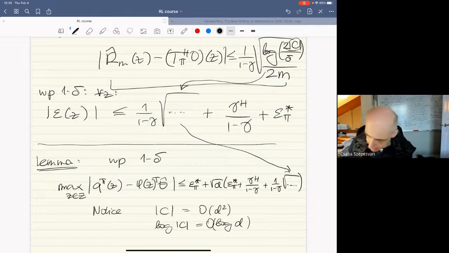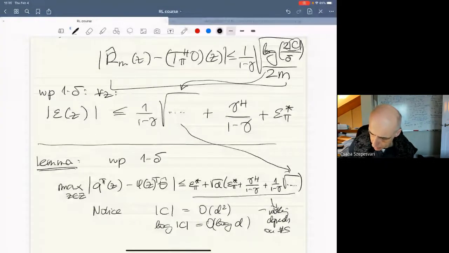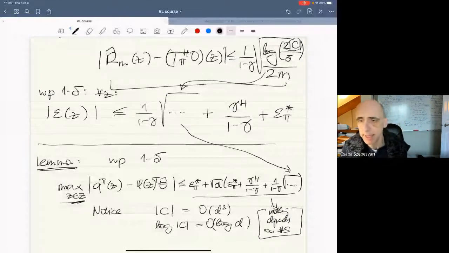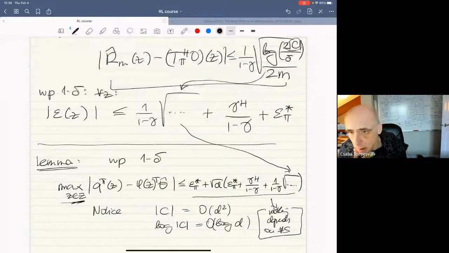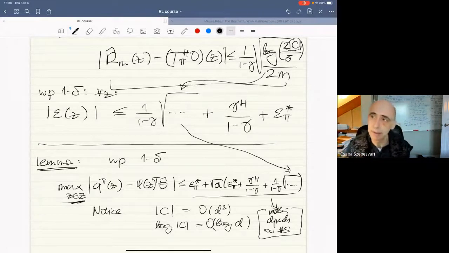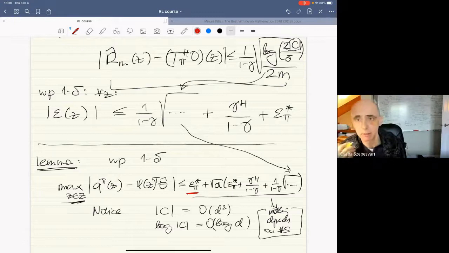So that's really nice. Here, on the right-hand side, nothing depends on the number of states. So we can control the errors everywhere. The quantity of this big set doesn't appear on the right-hand side. If you want to make these errors small, there is going to be a floor to it. How small you can make this error? The smallest error that you can get is this, right? Because that was the approximation error. No one can approximate this function better than this approximation